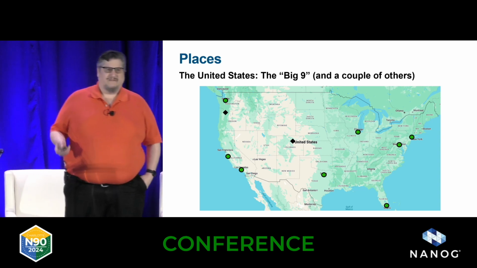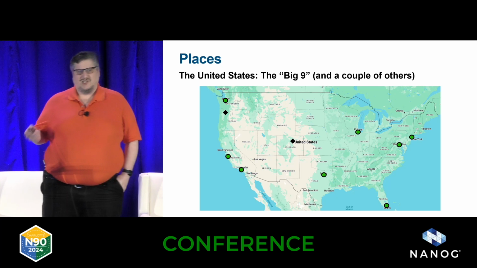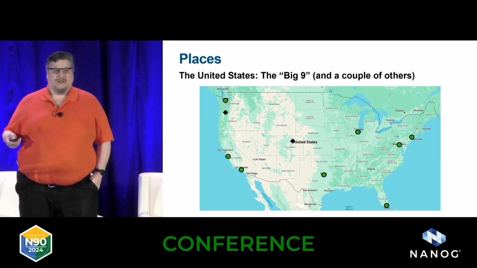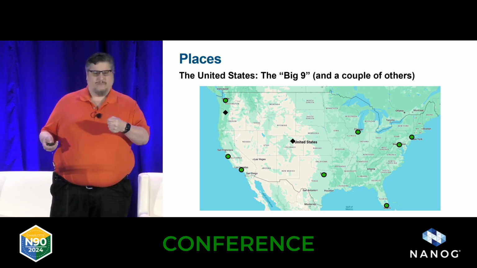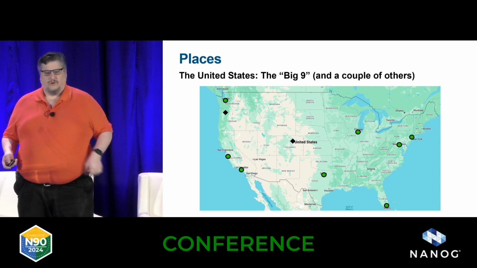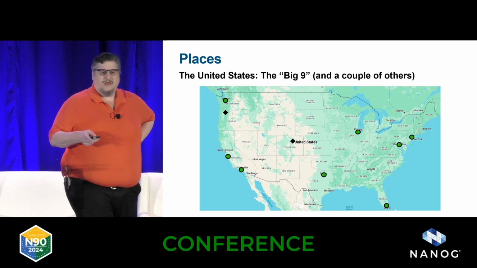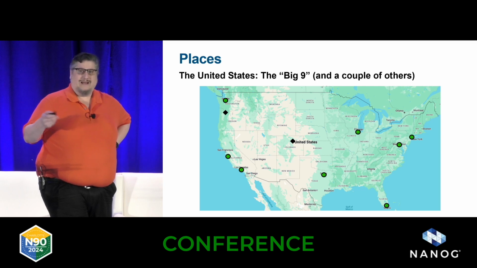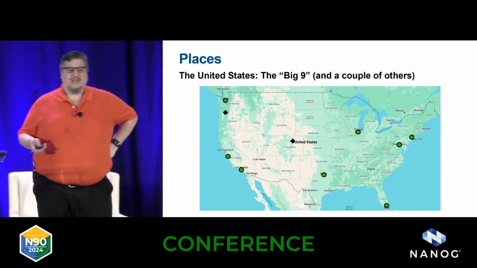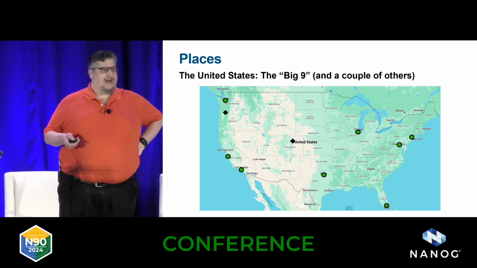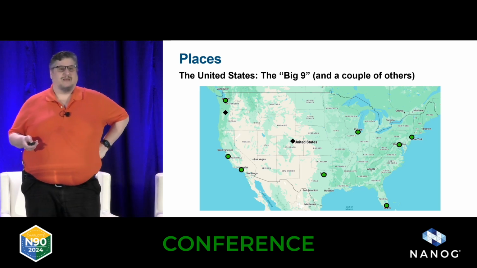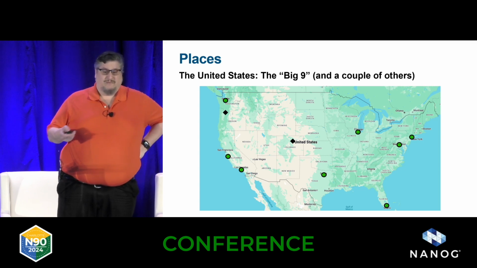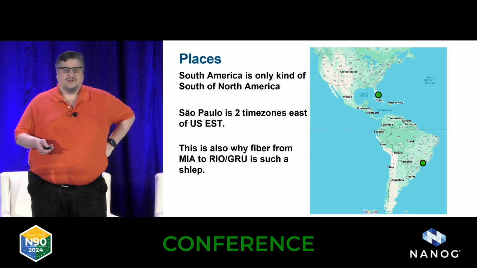People occasionally talk about Denver. The tricky part is Denver's not that big a city, and a lot of westbound cable goes through there to pass the Rockies, but otherwise there's not much of a nexus of traffic there per se. But Portland, Oregon, which is a smaller city, is interesting because a lot of trans-Pacific cables actually land there at Hillsboro. And so even if Seattle is only 3 milliseconds away, being in Portland suddenly becomes something that might be more interesting. I have no advocacy for any particular area, but that's just the reality of the surroundings.